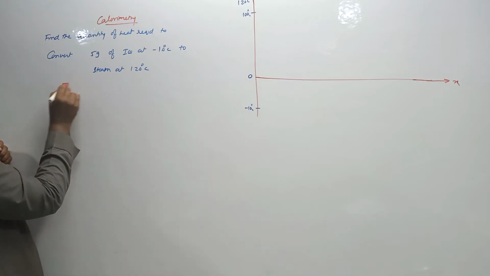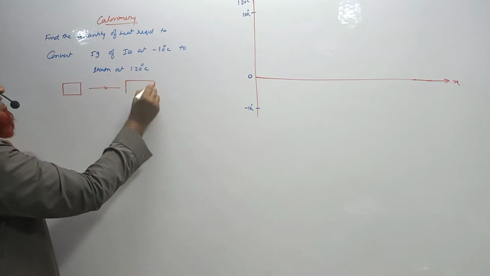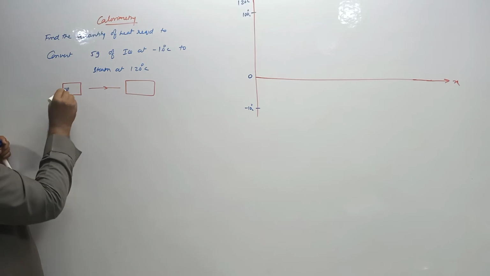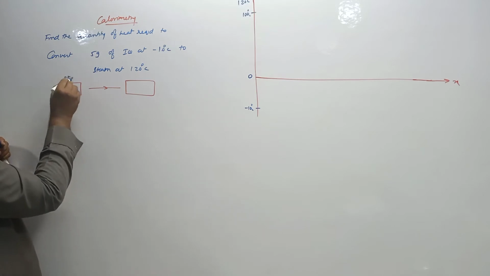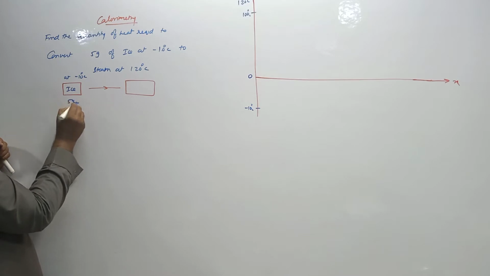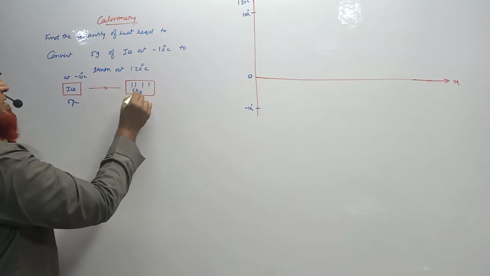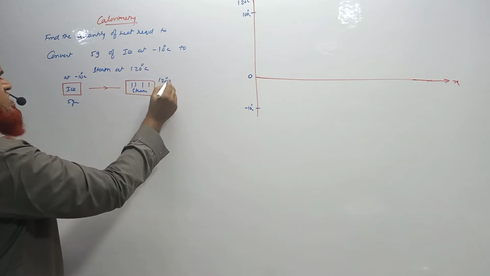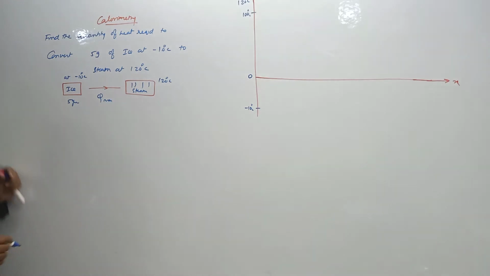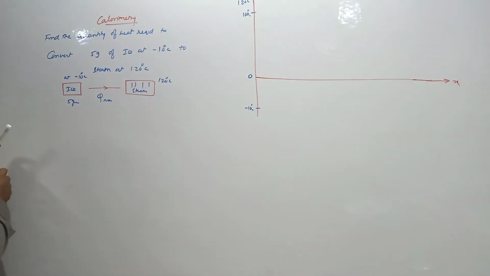Here he is showing only 2 stages, but how many stages are there in this I will tell you in detail here. So what is this? Actually this is ice at minus 10 degrees Celsius, 5 grams, and this is going to be a steam now. This is a steam and the temperature of the steam is 120 degrees Celsius. What is the total heat produced here? Okay, so what is the concept behind that? We shall discuss. How many stages are going to come here?